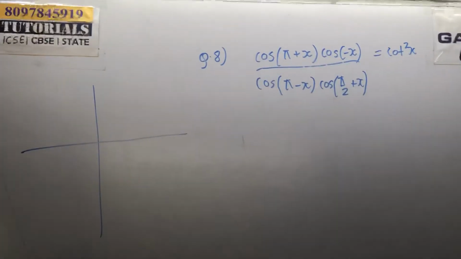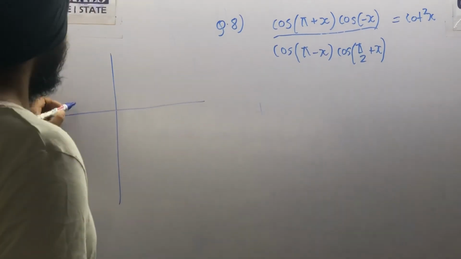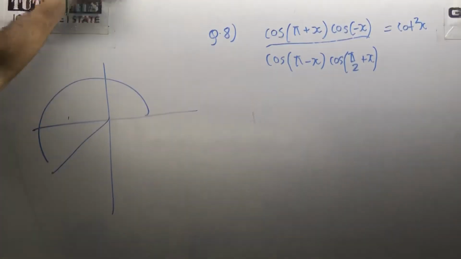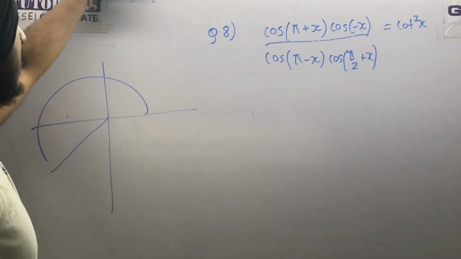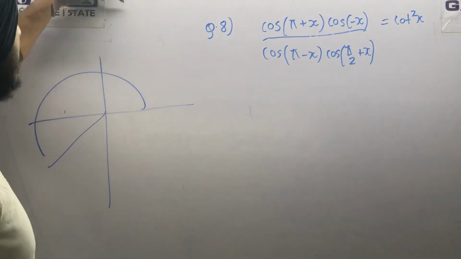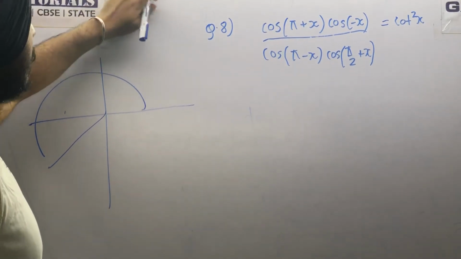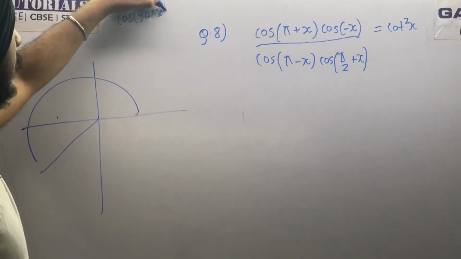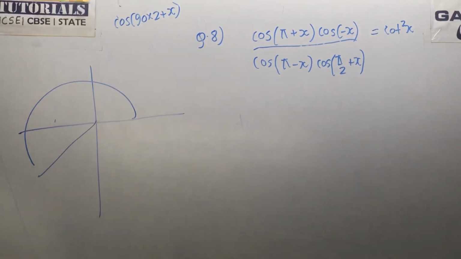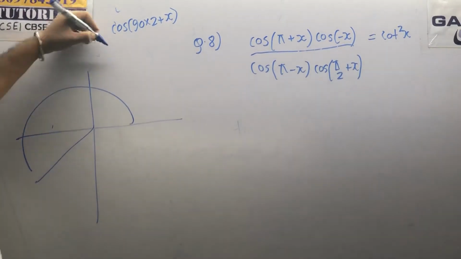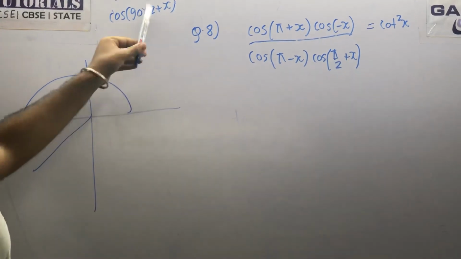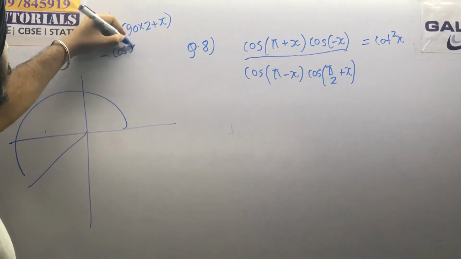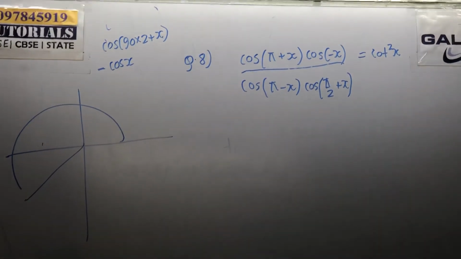Pi means 180 degree. So this means it is lying in which quadrant? The third quadrant. I am showing you two ways to solve this. Cos pi plus x will be, instead of cos pi you can write cos 90 into 2 plus x. So this is the third quadrant we are talking about. In the third quadrant cos is negative, so minus sign. Next thing, multiple is even, so cos will remain cos. And the answer is minus cos x. This is the first way.